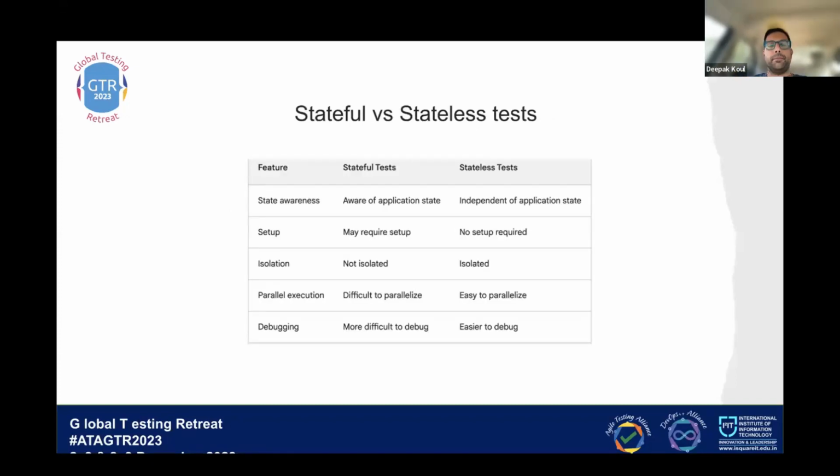Let me also brief you on the difference between stateful and stateless tests. A stateful test is not isolated. As I said, it changes the settings. It's difficult to parallelize, more difficult to debug, and requires a setup. So making the change, if you remember the typical E2E